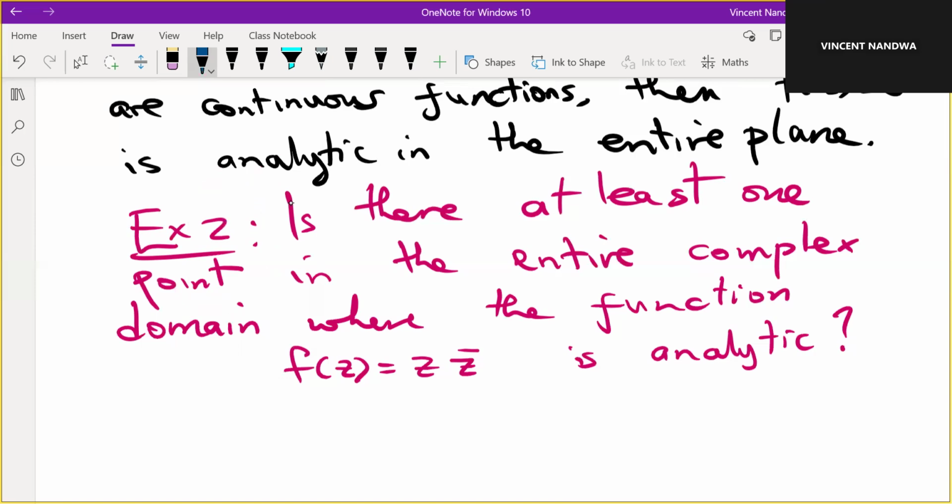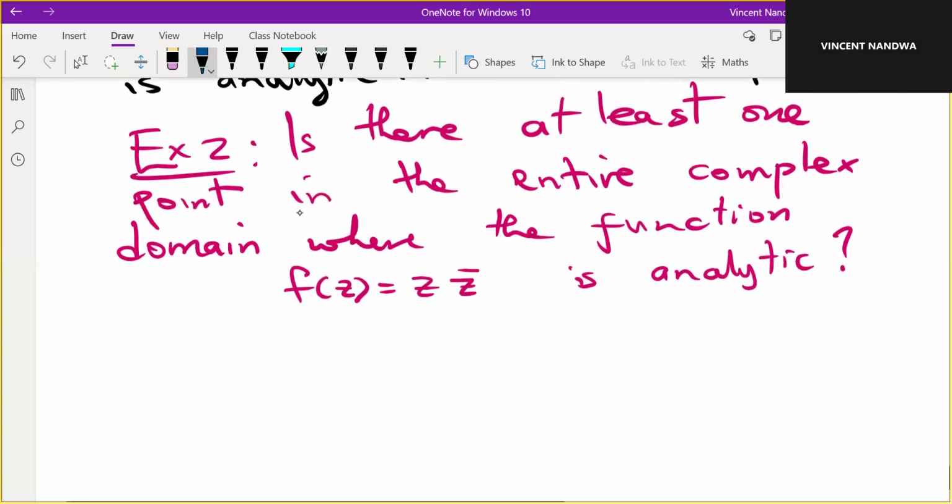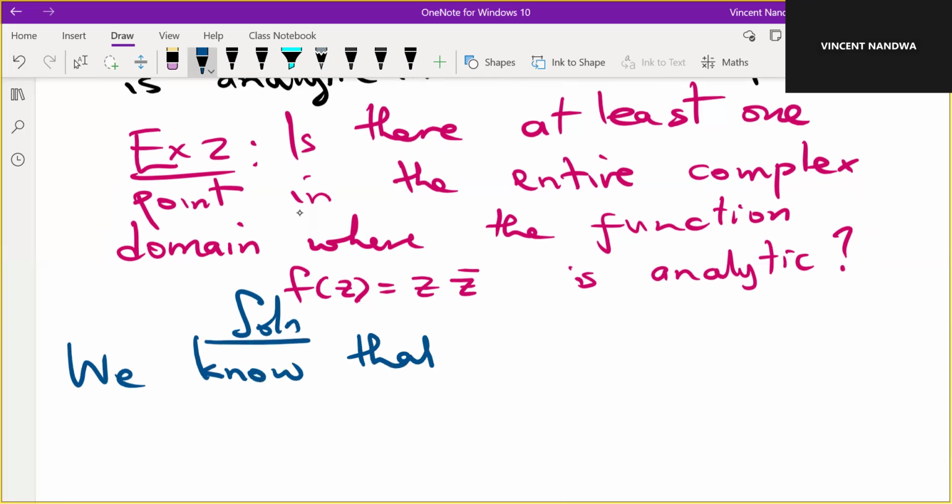So the first step is always to change z, and then from there you identify your u and v functions. So solution, we know that z is x plus iy, which implies,